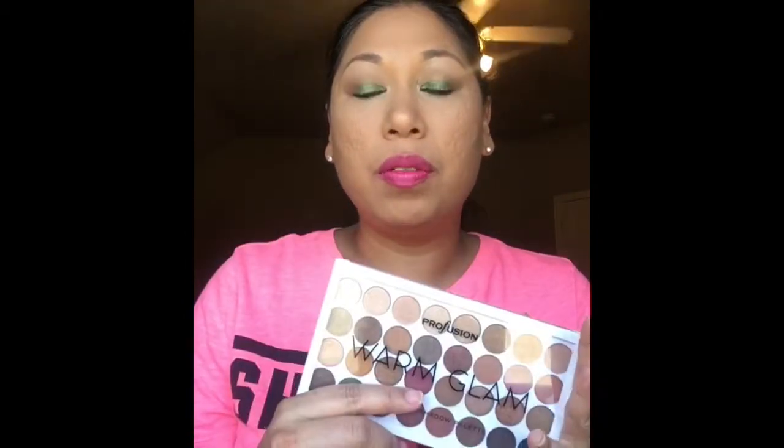I know for sure I can't remember if I've ever seen it in my Walmart, at least, but I know that I have seen it in Target, and I've purchased Profusion stuff from Target and have been pleased. Hence why when I saw it in Five Below, I was very skeptical. There were a bunch of Profusion palettes. I picked up 2 and 1 Beauty Treats, and I was a little indecisive,